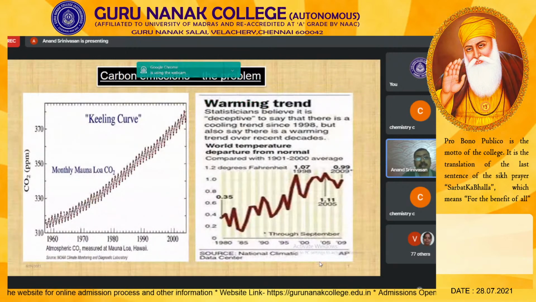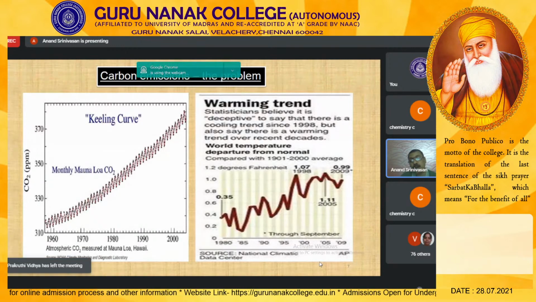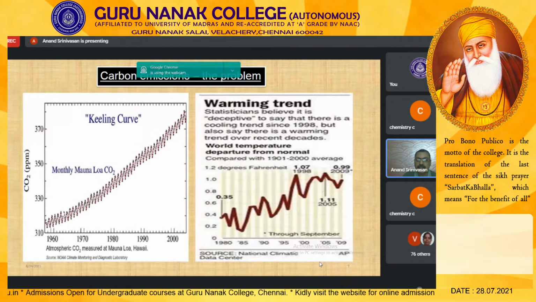When you look at this, carbon emission is one of the major problems that we are encountering in the recent past, and it is still prevailing. As you can see, from 1960 to 2000, there is a phenomenal increase in the carbon dioxide released to the atmosphere. This graph gives an idea about the amount of carbon dioxide being released, and you can see there is a steep increase. There is a warming trend given by the statisticians. They also believe there is a cooling trend, but as of now, I don't witness any cooling trend. You can see the glaciers are melting, and there is a sudden fluctuation in the temperature.